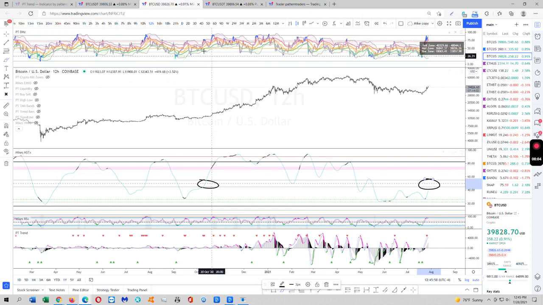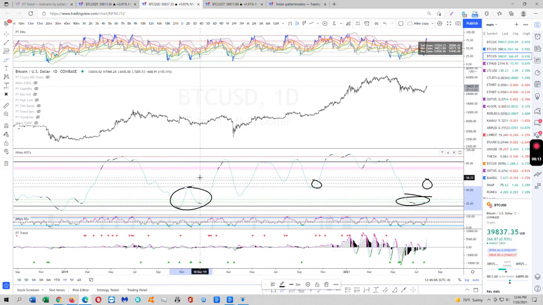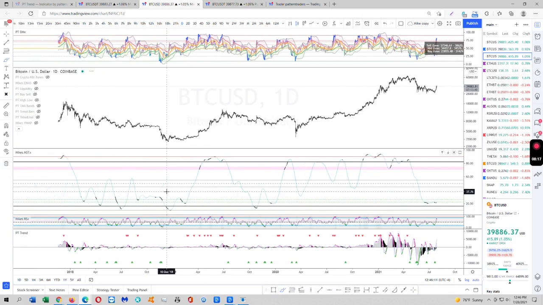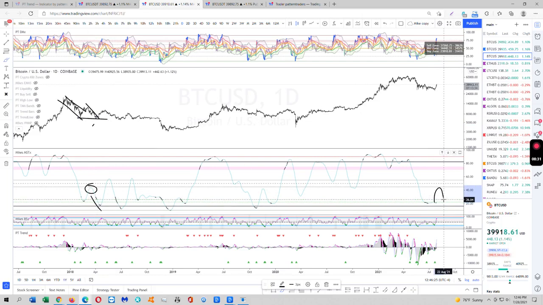Daily, still very low. So we're pretty much somewhere down here. We haven't even retested it yet. Usually we do a retest at least one time. See how when we dumped in 2017, went up, we retested it one time, and now we made a higher low? This was the retest, and then we came down, made a lower low over here, but a higher low here. So, dude, we have not even retested it yet.